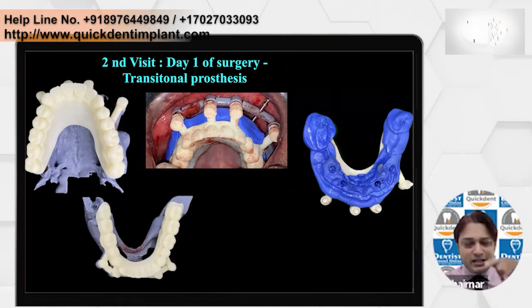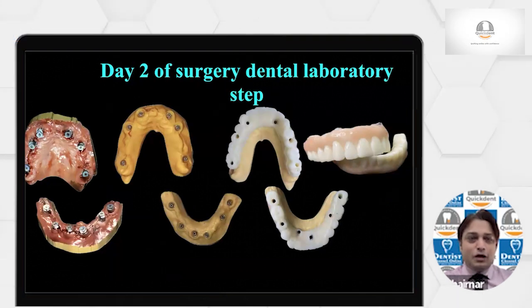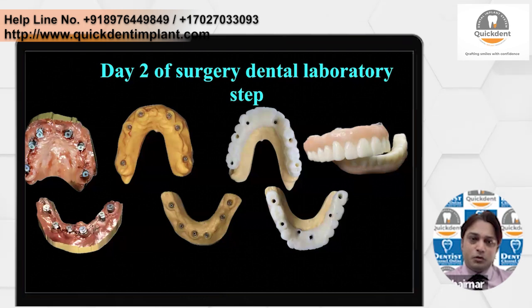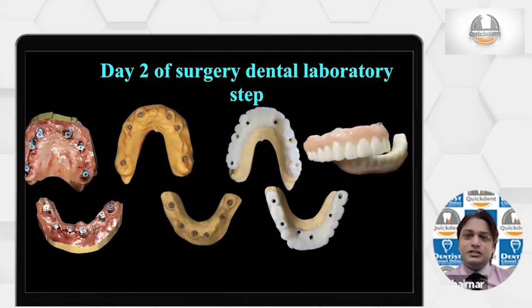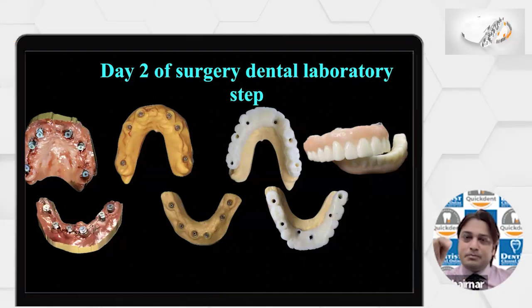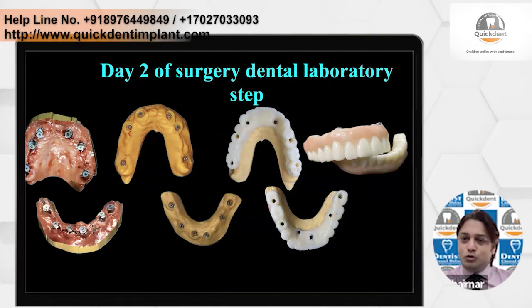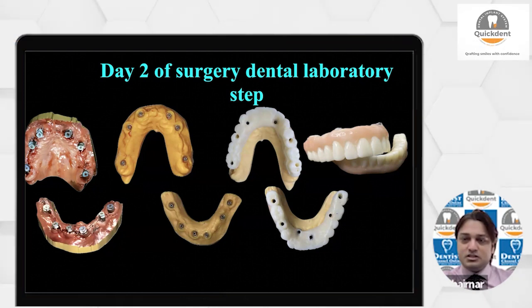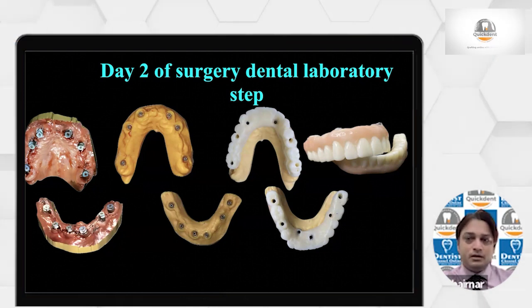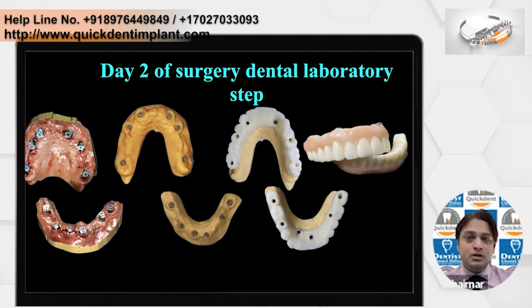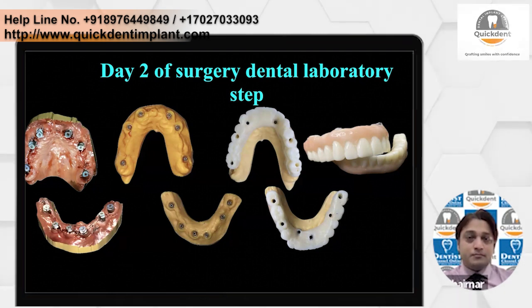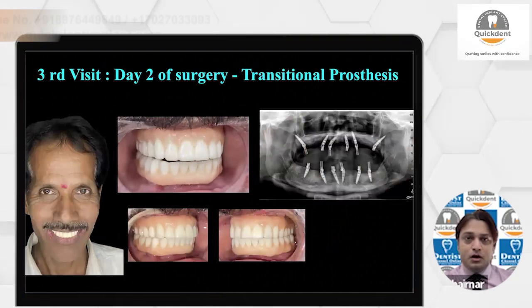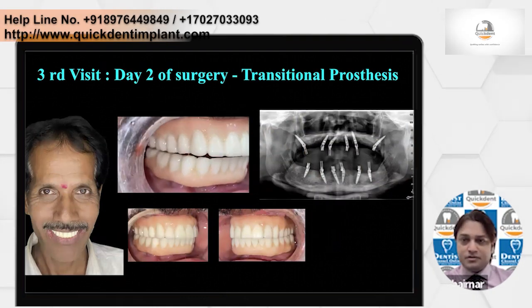Now this is sent to the technician, who will make a hole through this. Also we have taken the standard digital scan for the upper and lower jaw. He printed the model, and on this model he nicely prepared the access holes. So nothing was compromised. Everything was good. See the positions, respectively positioned, and that's how he defined. He made the prosthesis with the undersurface absolutely conducive for good hygiene. This is the patient on day 2. You can see before and after.